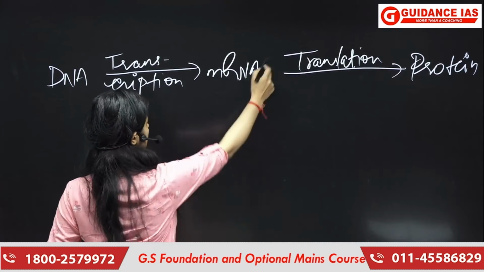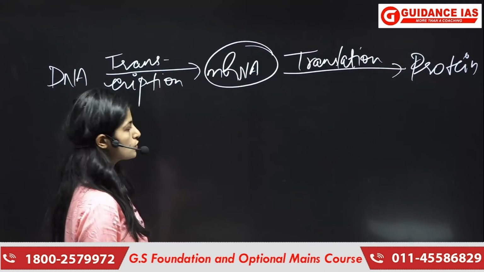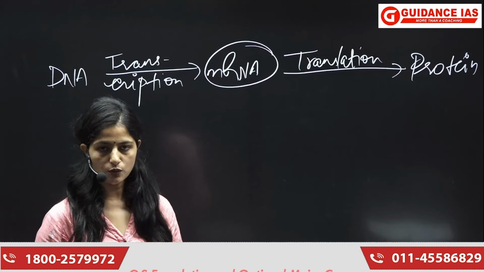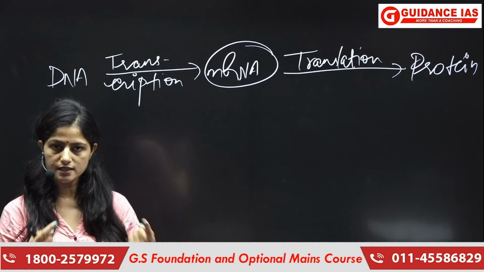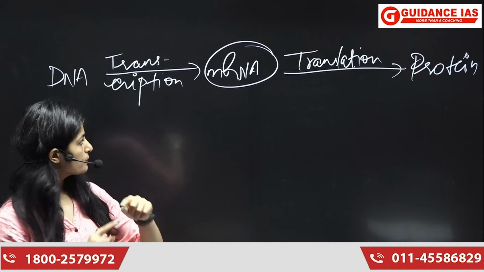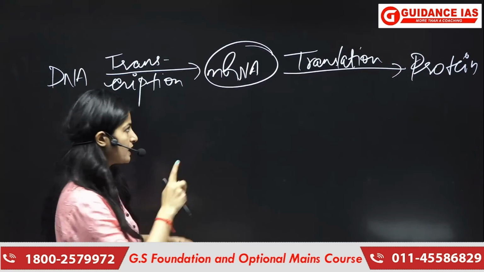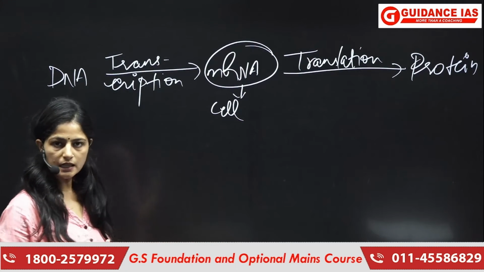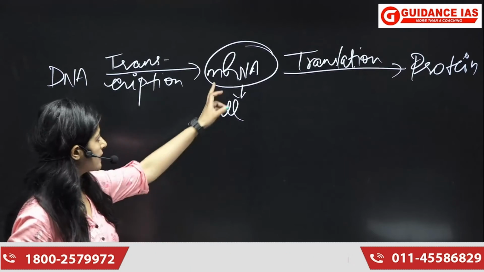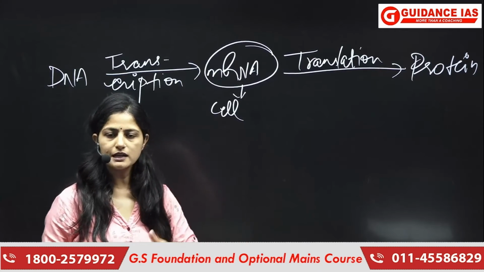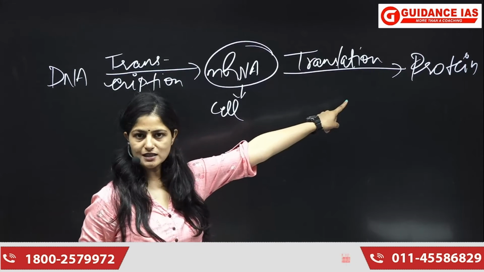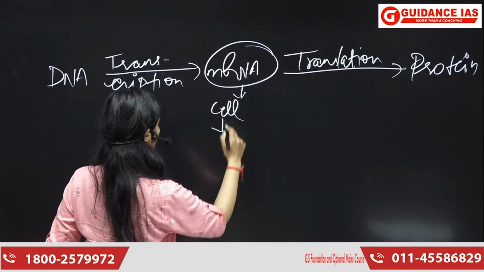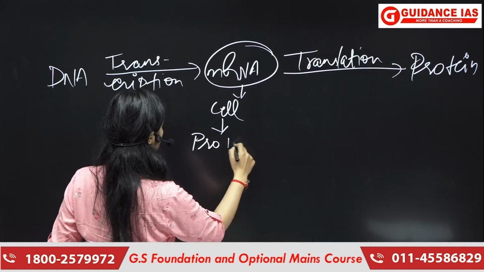Okay? Since we are talking about mRNA, what we do is we take mRNA and we first coat it with lipid, as our cell wall is made up of lipid. So we coat it with lipid, we inject it, inject karne ke baad, it gets into the cell, right? Okay, cell में जाने के बाद it will start working. What it will do, it will translate into a protein.